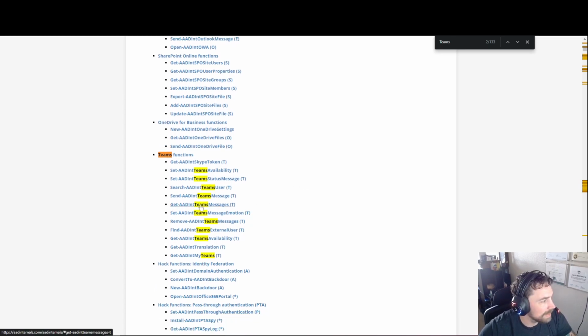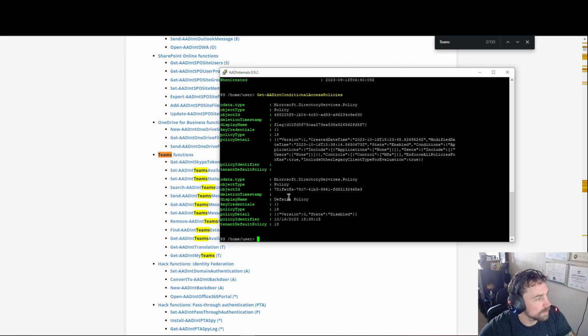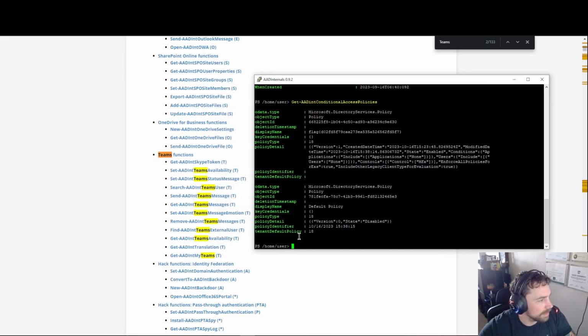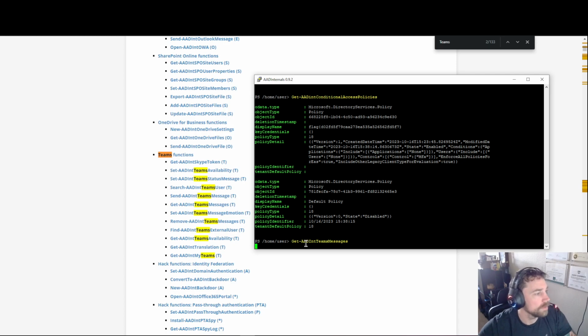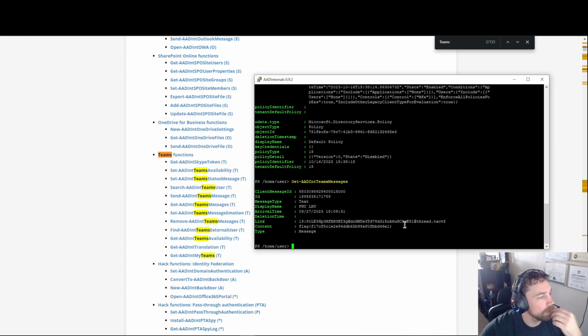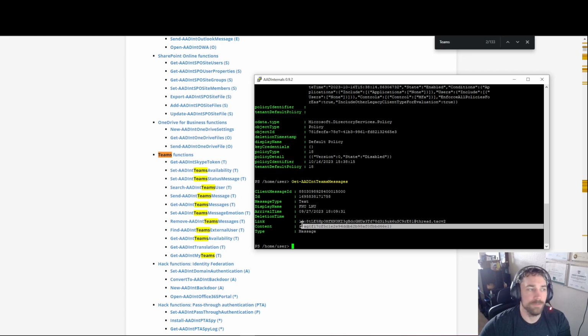We have get AAD into Teams messages. Let's see if we can get that and get more information based off of that. So int Teams messages. Let's see here. Oh, there's a flag right there. Super easy. Looks like there's only one message. I was expecting